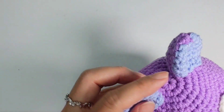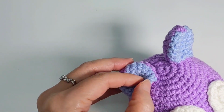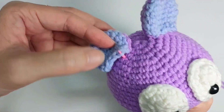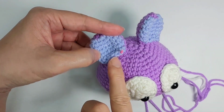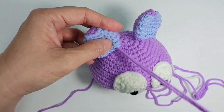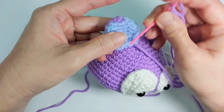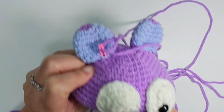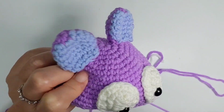So now for the blue part here, you come up here and you take the yarn underneath. It's like take the front loop. There's 2 loops here, not a V shape. You take the front loop and you go back to the front loop and you poke into another hole, another space. And when you pull tight,